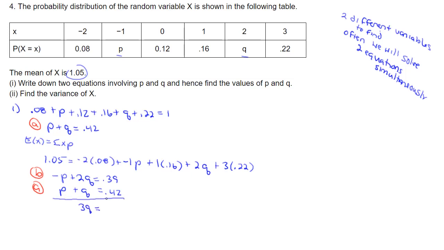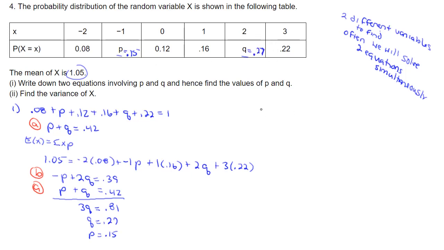So now when I do the other one, it's going to be 3q = 0.81, q is going to equal 0.27, and that means p must be 0.15. So now all I can do is fill that information into our table and go on to part 2,